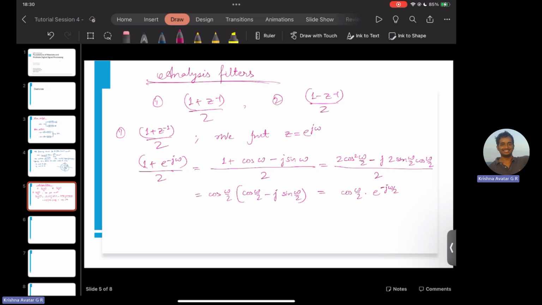So what we have here is that the magnitude of this is cosine omega by 2 into e to the power minus j omega by 2. This is equal to the modulus of cos omega by 2 into the modulus of e to the power minus j omega by 2, and the modulus of e to the power minus j omega by 2 is 1. So effectively we have